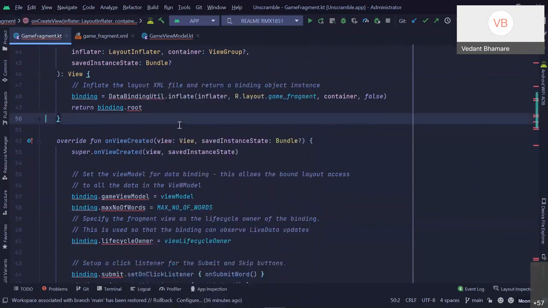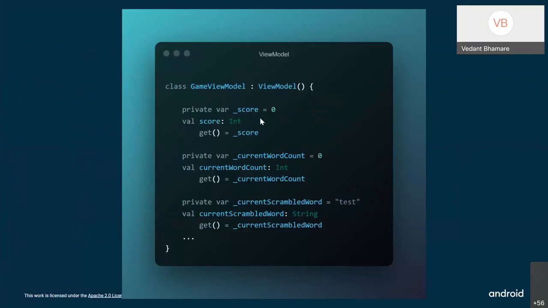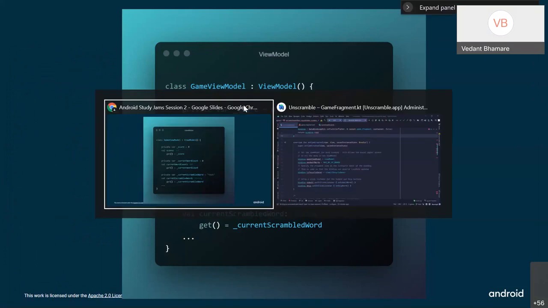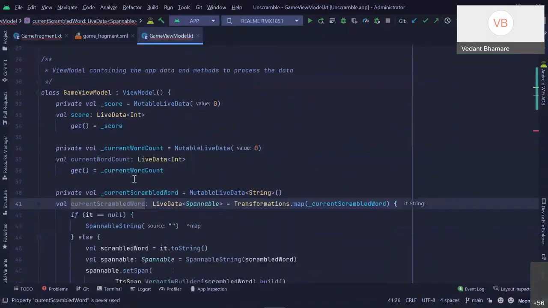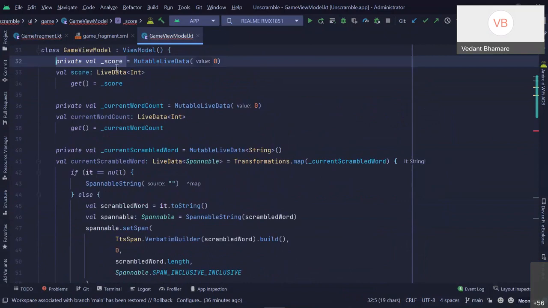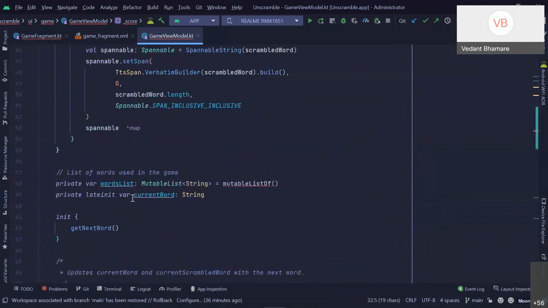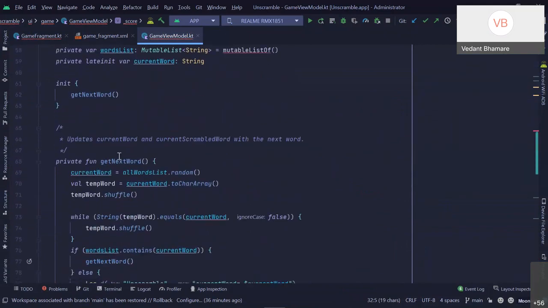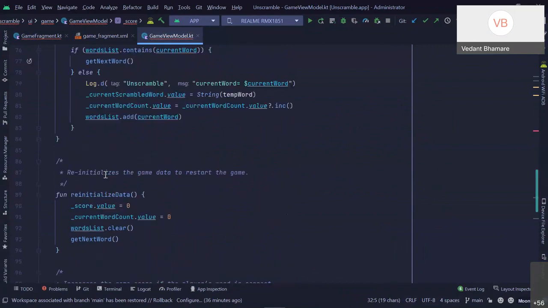So basically what we do here, this private var _score is the value that we change inside view model. You can see here, this is private only to this class, and it will be only called here. So we can only read it through here. So whatever changes we would do, it would be done through here. As you can see, yeah, you can change the score value over here.